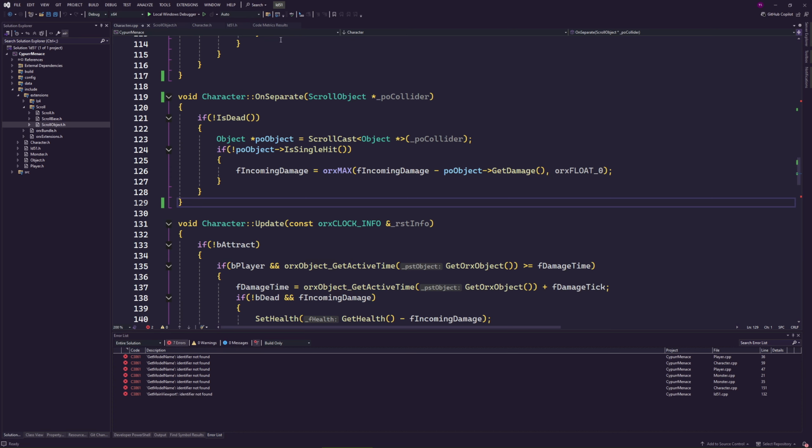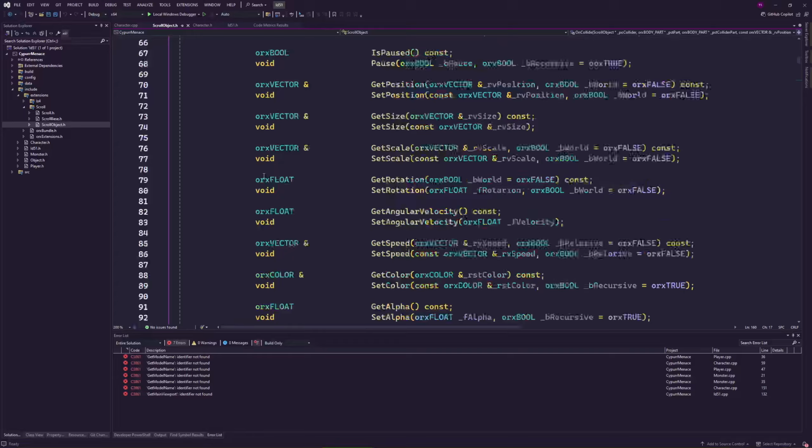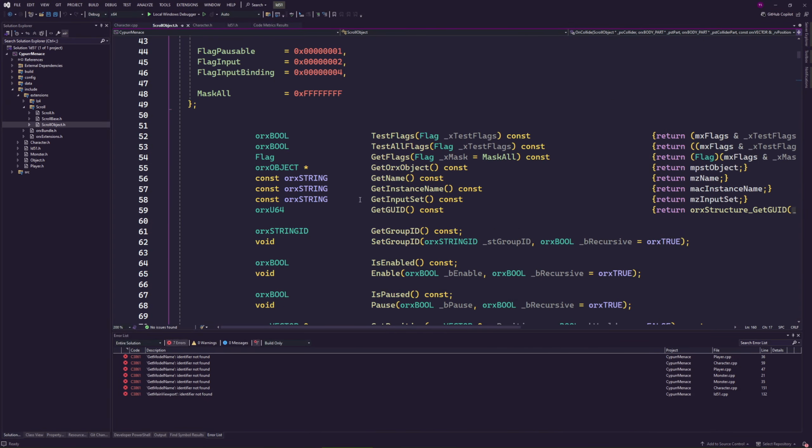So if we look at the get model name, so back at the scroll object, we can see we have two methods here. One is called getName, and another one is called getInstanceName. The getName is the name of the config section that's bound to the scroll object, whereas the getInstanceName is the name of that particular instance. Back like 2 years ago, they were called actually getModelName and getName. So the getModelName has been renamed into getName nowadays, and the old getName has been renamed as getInstanceName.